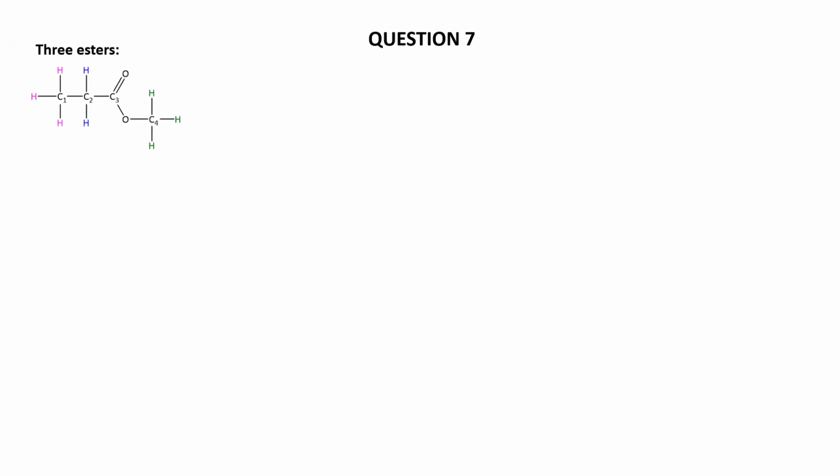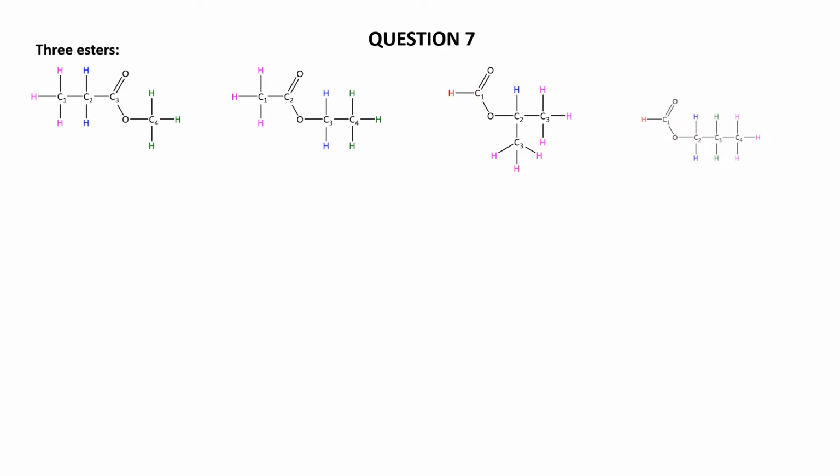Well, the first thing we can do is say 3 carbons can become 2 carbons and 1 carbon, so an ethyl and a methyl there. Or we can do a methyl and an ethyl. Next possibility is we have one of the hydrogens there as a formate ester coming from formic acid, and then the other C3H7 is just the 2 isomers of propyl that we've already seen, either the straight propyl or the isopropyl. So there are the four possible esters with the formula